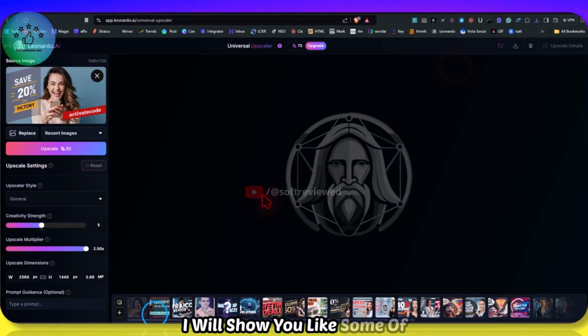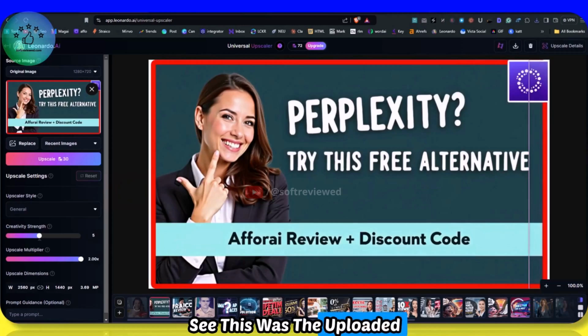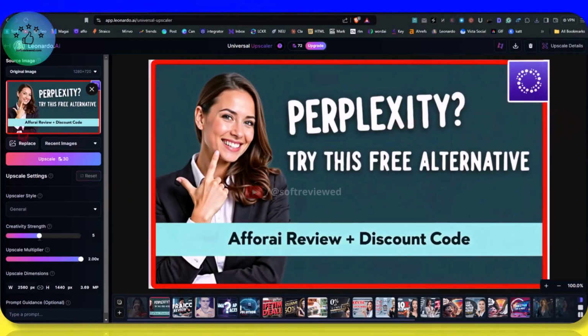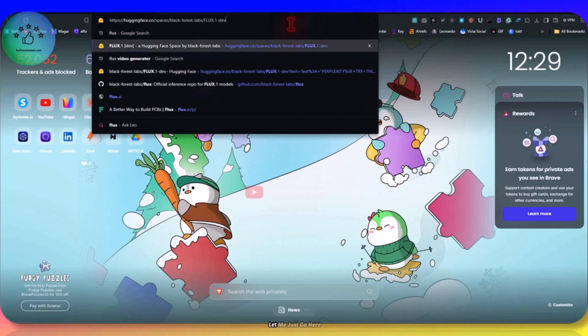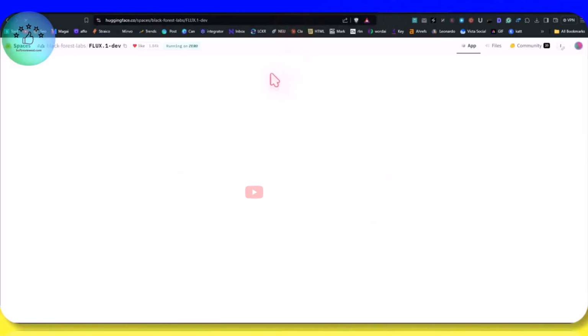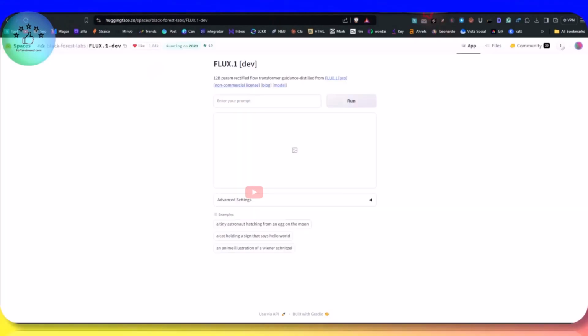I'll show you some of the other images that I have done. See, this was the uploaded image. I created this using Flux, and see the quality difference. I also forgot to show you that you can also use Flux for it. Let me just go here, and you can just give the same prompt here. I'll just copy this and I'll